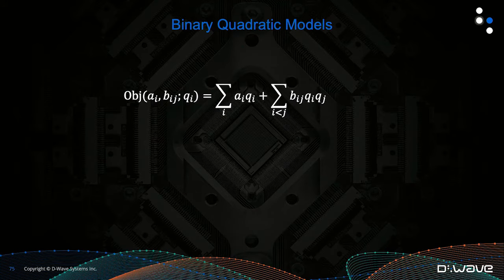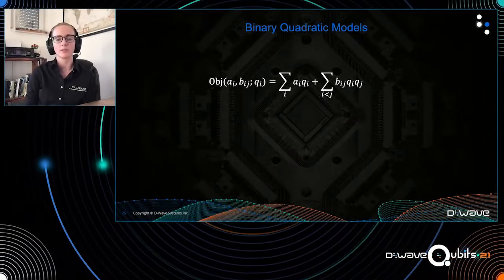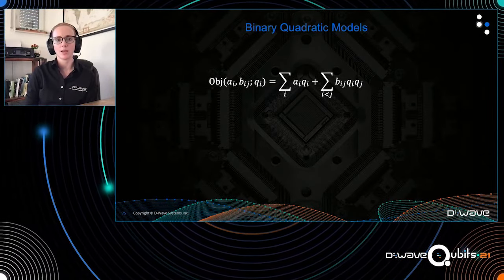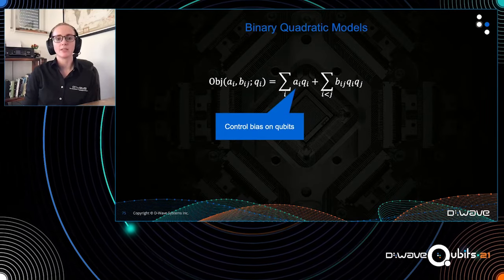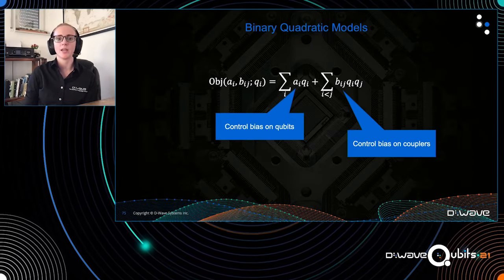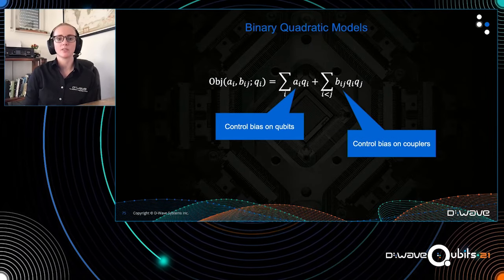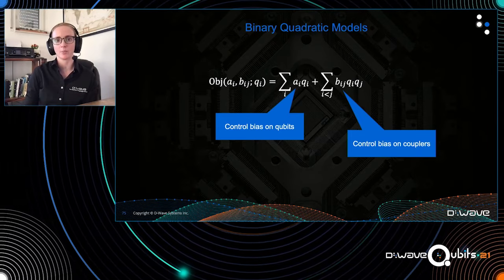So just to review really quickly, this binary quadratic model, this is what I talked about in that first hour, where we have these linear and these quadratic terms. What we as the programmer have control over are these A's and B's, these coefficients or biases. And then the quantum computer or our hybrid solver is going to return back the values for these Q's, the zeros and ones that tell me how to minimize my objective. So again, we have a linear bias on qubits, and we have a quadratic bias on the couplers that pair together pairs of qubits.